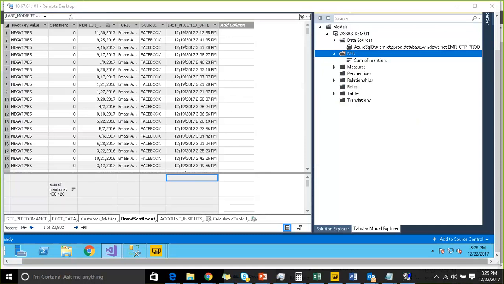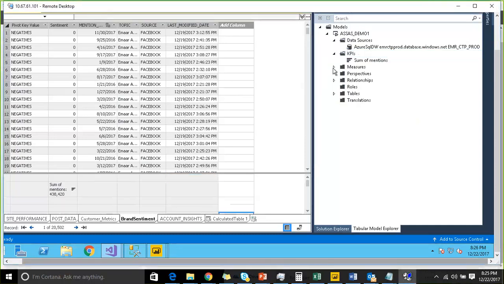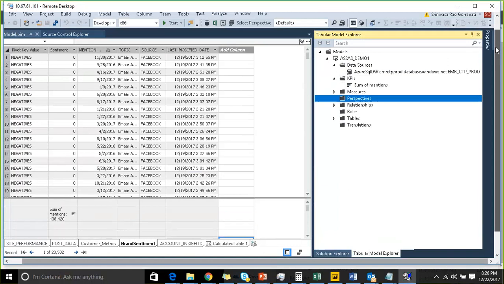Okay, fine. The next one is the measures. Measures you already know. I already gave a heads up as part of the second or third class, and we are going to continue. We are going to work on measures as part of the DAX sessions. Measures were done, and the fourth one is perspectives. Perspectives are nothing but it's a kind of a view. Okay, so